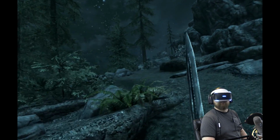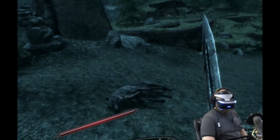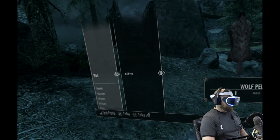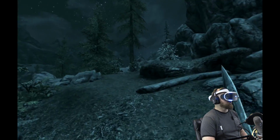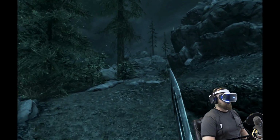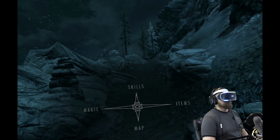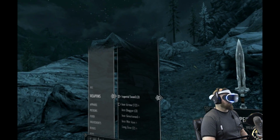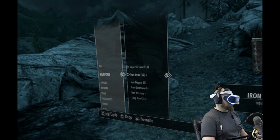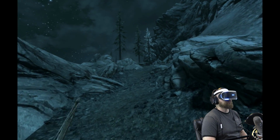Coming up. There we go. Let's take that pelt. These furry wolves just look so lifelike, that fur. So let's switch to bow. And how many arrows do we have? We have 12. Well, we're going to get quite a few more here, so...